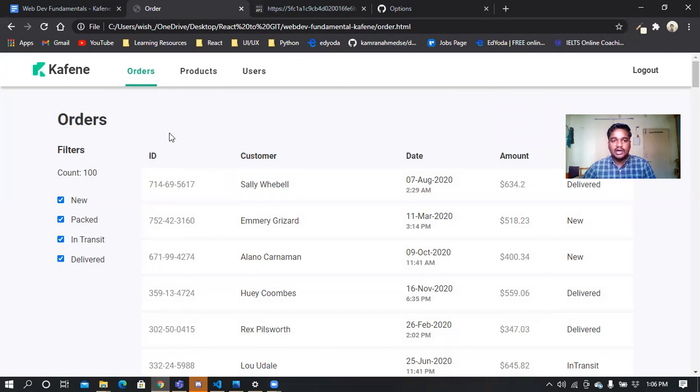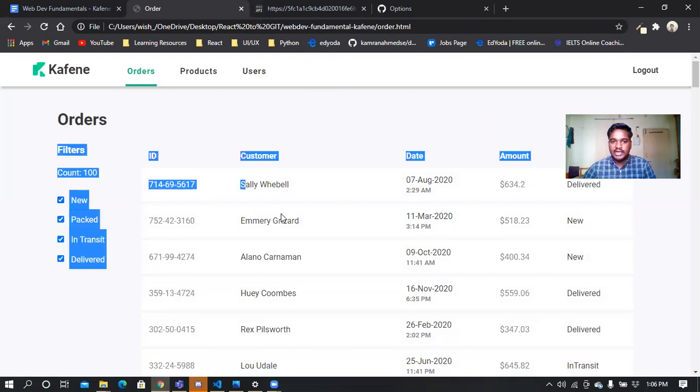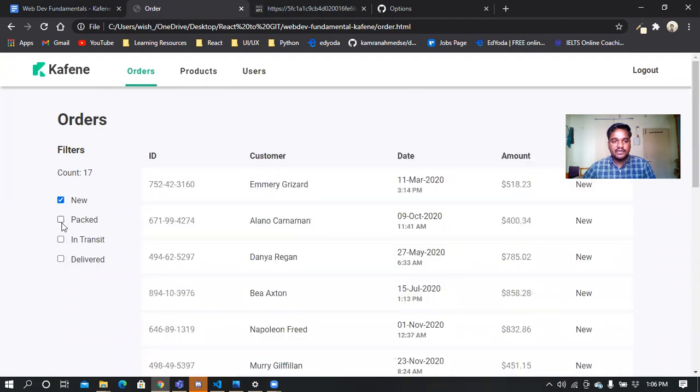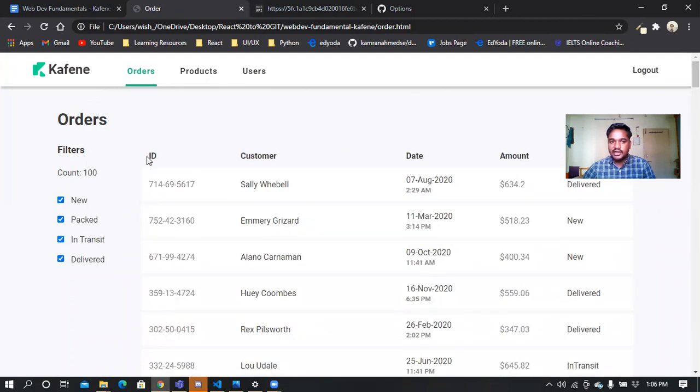On this page, we will be able to see all the orders placed by the users on the Caffeine's end. Whatever data we see here in the table, we are getting from the API call. We do have search functionalities and filter functionalities here. According to the filter functionality, our data will get manipulated and rendered on the web page. So this is the orders listing page.